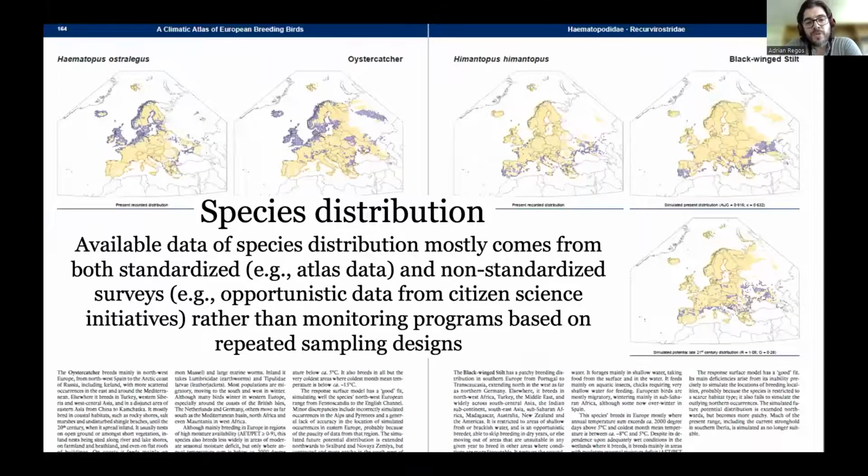So the species distribution data mostly came from standardized surveys such as Atlas data, sometimes from opportunistic data, rather than in situ monitoring programs, because these monitoring programs are very expensive and time consuming. So in these areas where we don't have these long-term monitoring programs, we need to support decision making with models